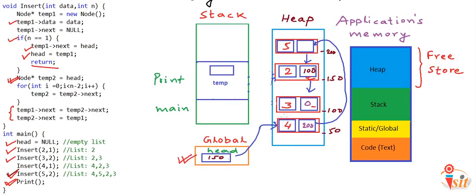Now what if this head was not global? What if we had declared this head inside the main method? We have talked about this in our previous lesson. Head will not be accessible everywhere, so in each call to insert we will have to return some value from the function to update this head, or we will have to pass this head by reference. We have talked about this in our previous lesson.